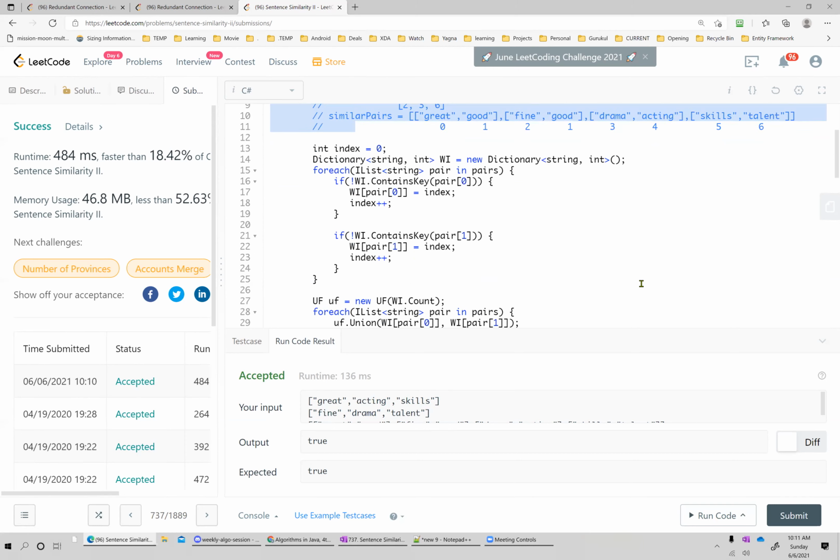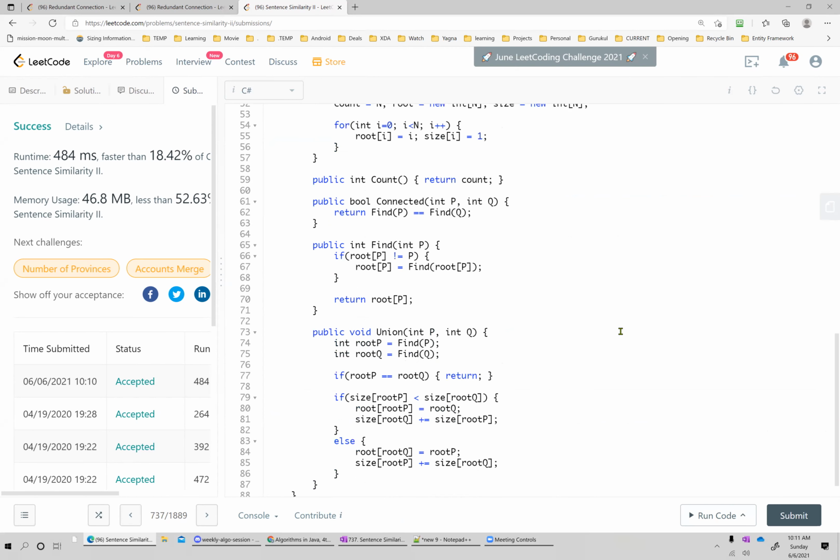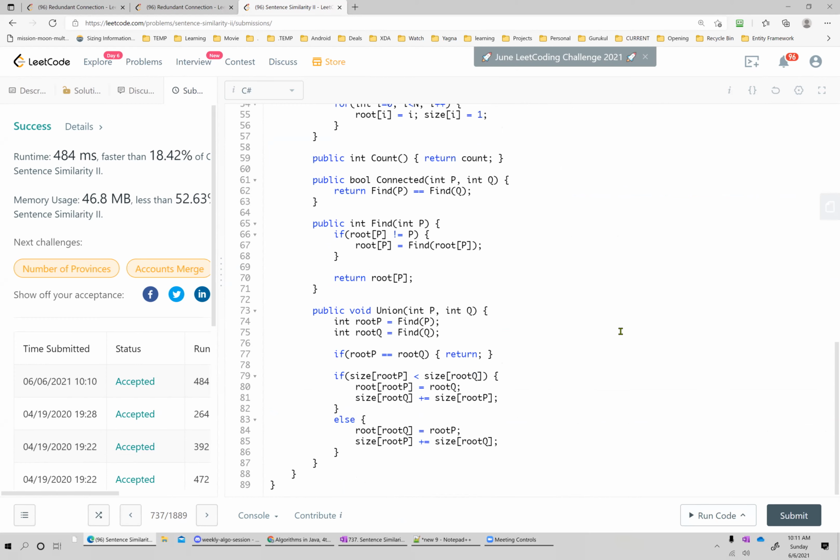One question is, are we doing union by rank? Is it a different algorithm or the same algorithm? We are doing weighted union by size. Union by rank is something different. I think it is the same, but rank can include size, depth, or any other factor that you can utilize in comparison. So yes, I agree, this is union by rank only. But rank, as we discussed, can be size or the depth of the tree, and we are using the size of the tree instead of depth. You can say rank is equal to size in our case.